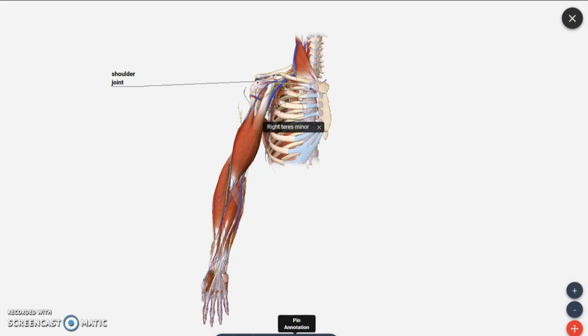Now we have another joint that we will see here. That joint is called the elbow joint. It is going to separate the arm region from the forearm region. So this is the arm part, this is the forearm part, separated by a joint called the elbow joint. Another joint is seen near the hand region, and that joint we call the wrist joint. You might have heard this. The wrist joint separates the forearm from the hand region.